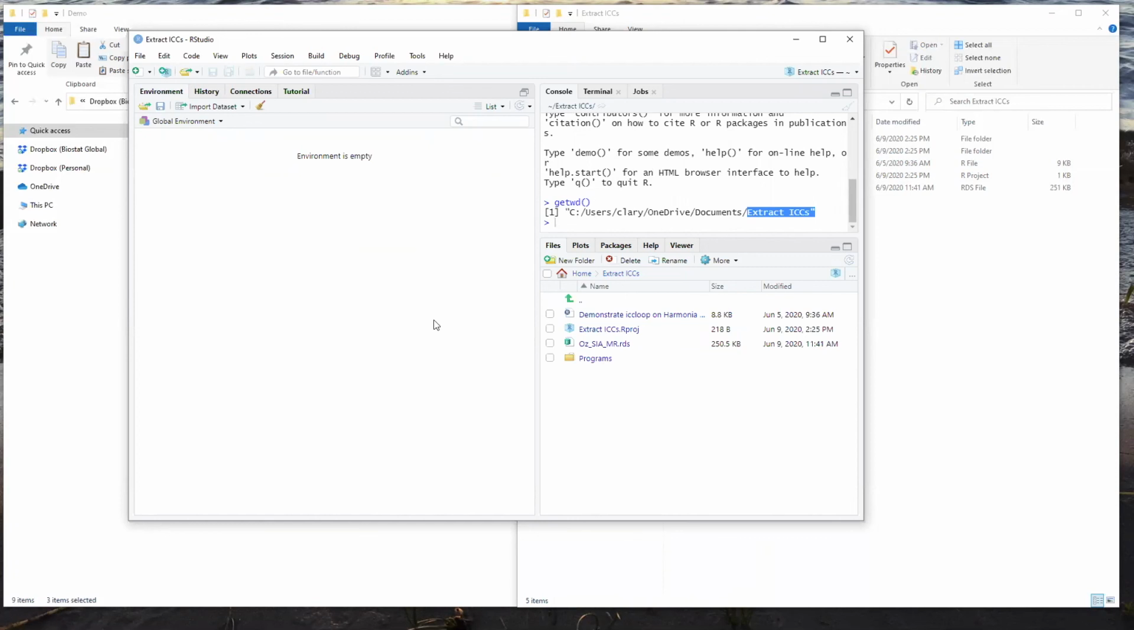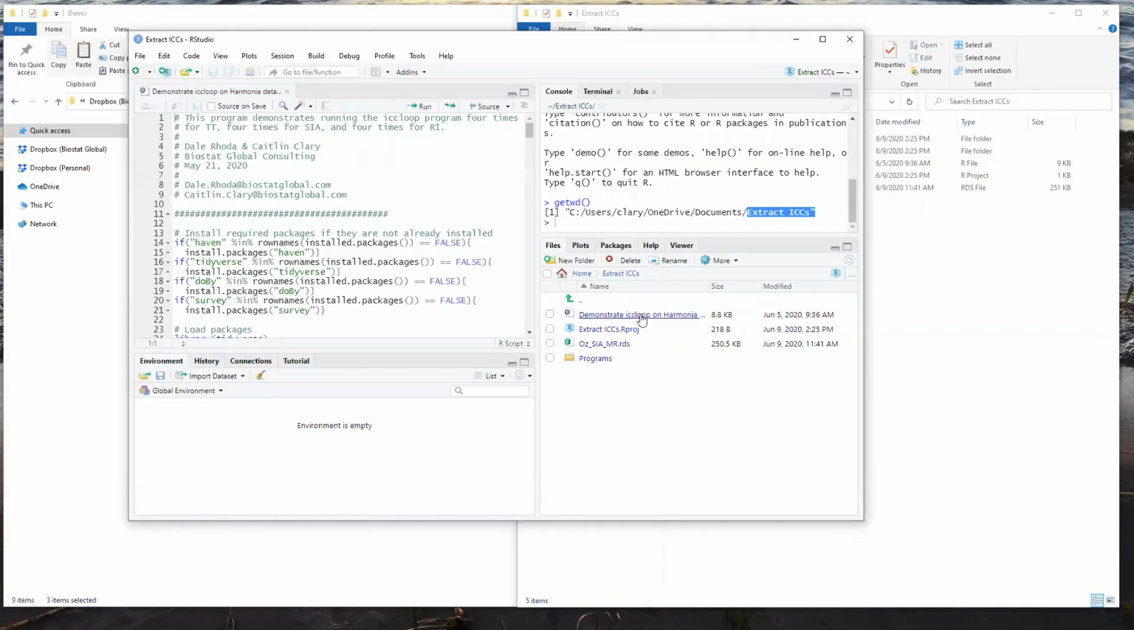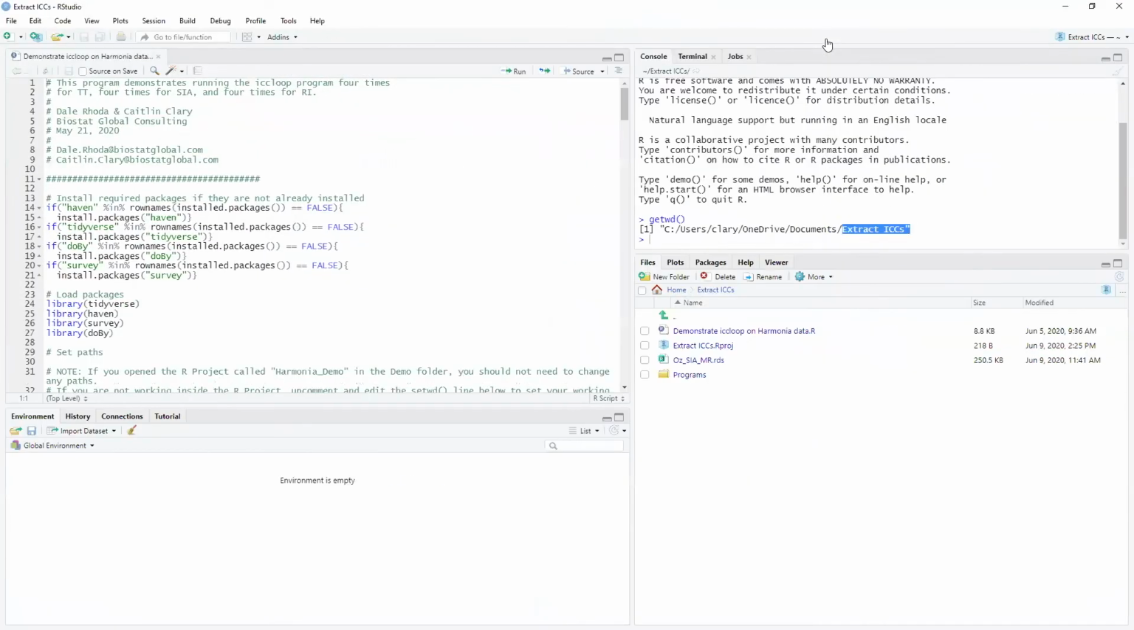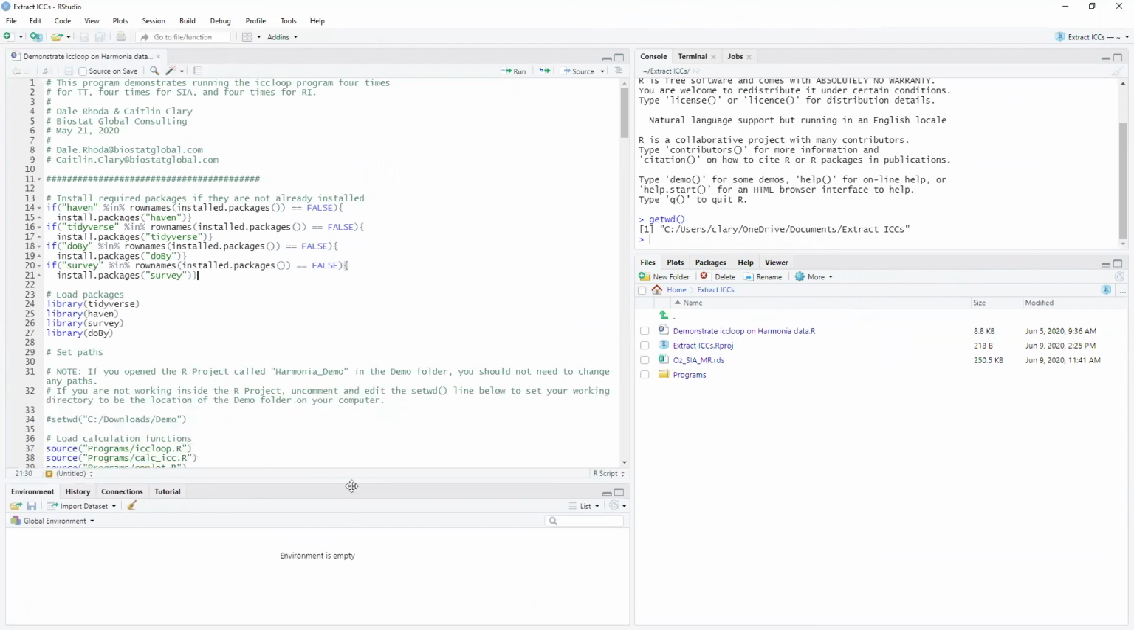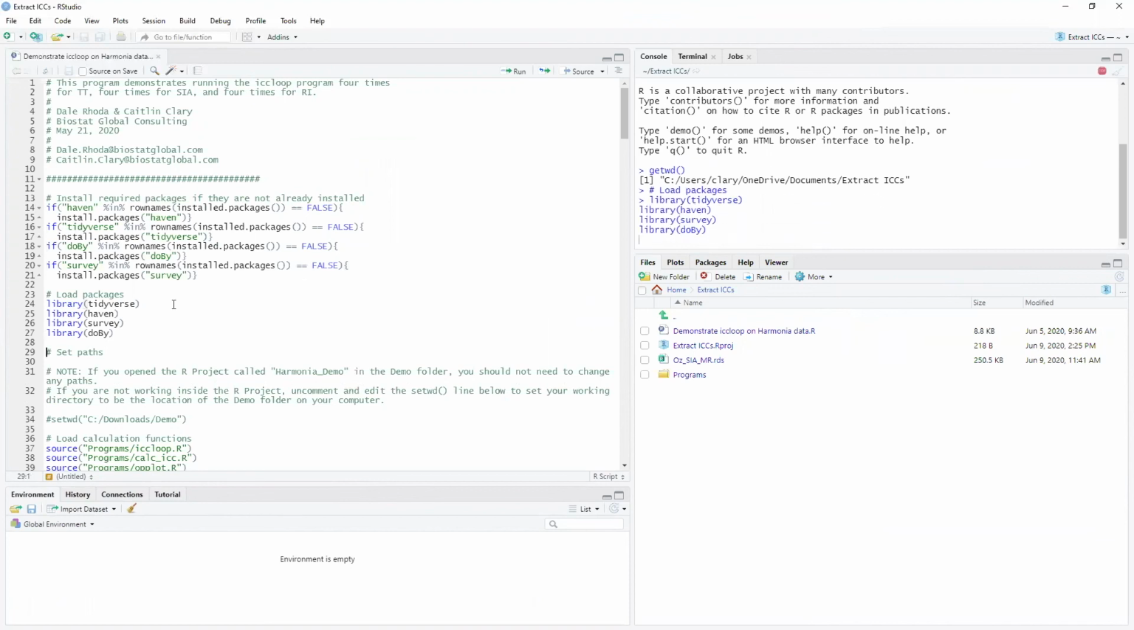Now I'm going to open up this Demonstrate ICC Loop R script, which is what we're going to be editing. This ICC Loop script is designed to work with the Harmonia example datasets that are in the Dropbox, and I'm going to edit this to work with a different dataset. The first few lines of this script just install some packages. I already have them on my computer, so I'm going to skip those install statements,